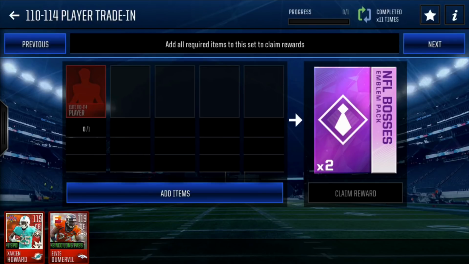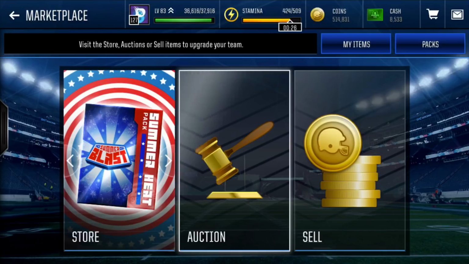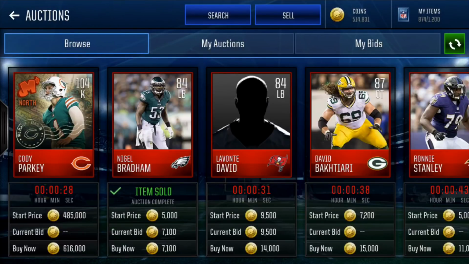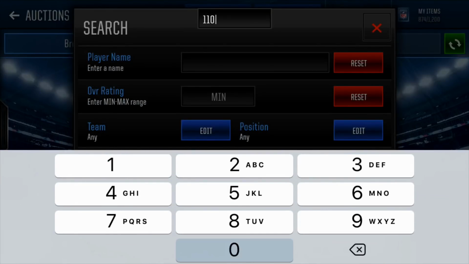For this, you need one player that is from a 110 overall to a 114 overall to get 2 boss emblems. Getting 10 boss emblems will get you an NFL boss player. So you will need to finish this set 5 times to get 1 boss player. So if we go over to the marketplace, look in auctions here, and if we go 110 max overall for